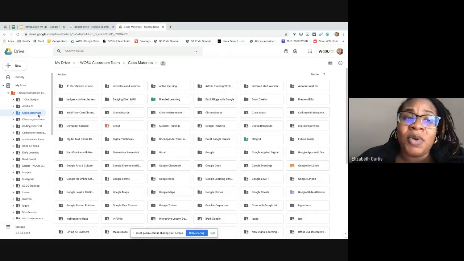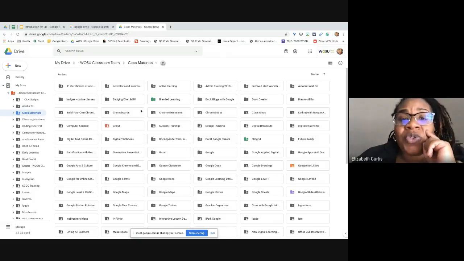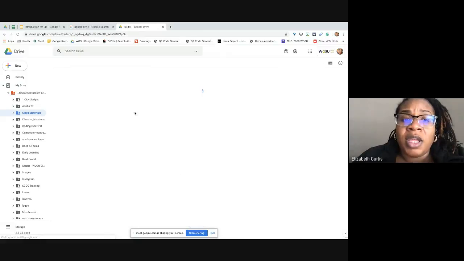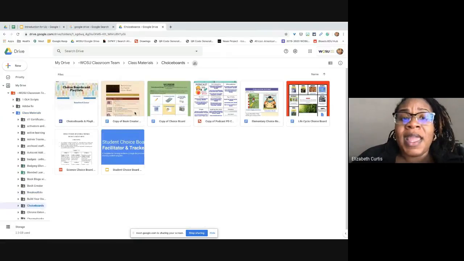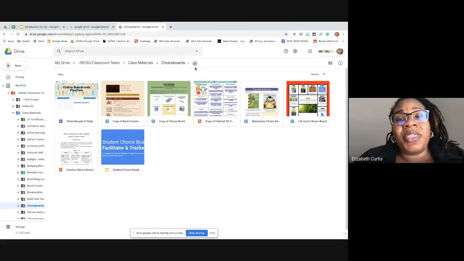You can see the same order is being followed on the left-hand side of the screen. Let's choose one more folder, choice boards. Now, looking at the top, I can see exactly where I am within my drive. What's also pretty neat about this is this icon with the people in the circle. This lets me know that I am sharing the files within this folder with someone. If I were to hover over that icon, I would actually see the people that I am sharing